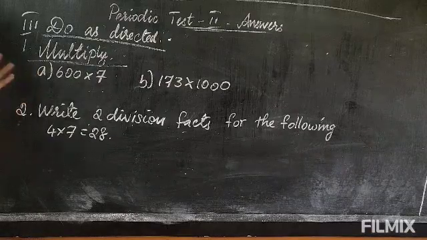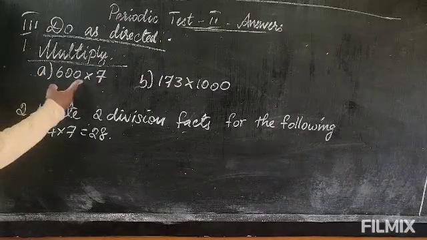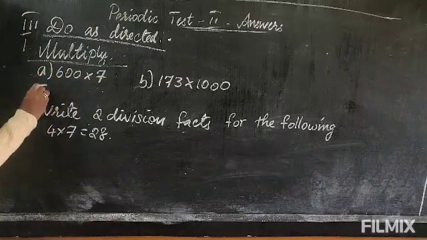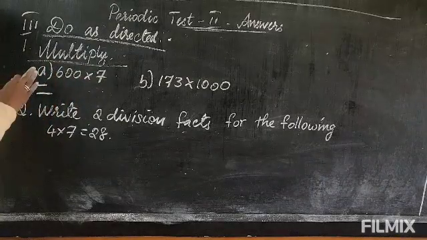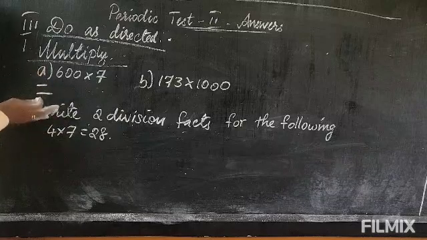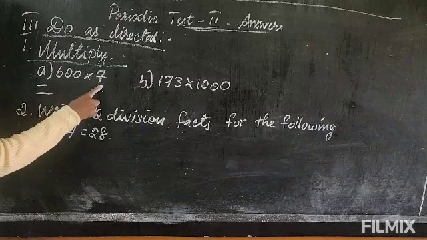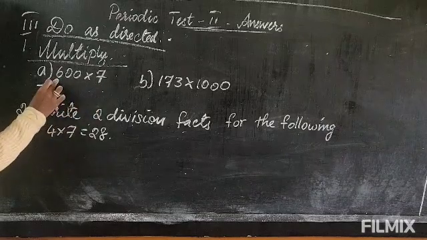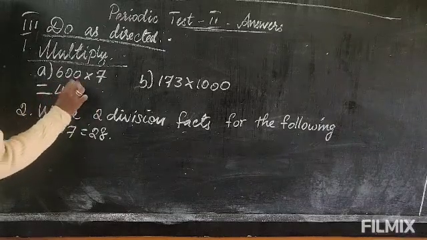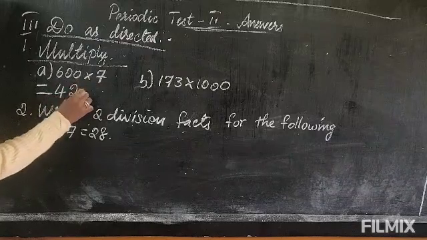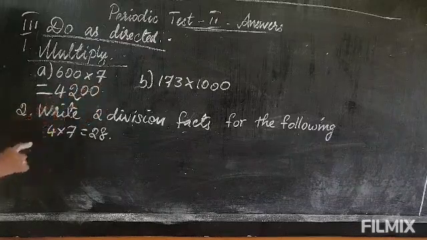Okay, so here no need, don't do the calculation. Many of you have done the calculation, but I prefer the perfect answer, so here you go for the shortcut method. You don't need to show the calculation. Here 6 7s are 42, and here 2 zeros are there that you have to insert at the back. So this is the answer.